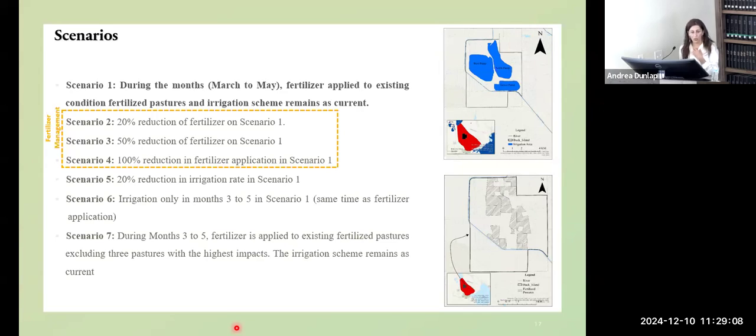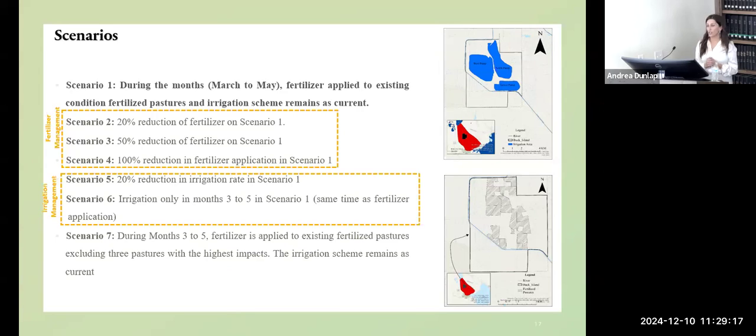The second category is irrigation management, where we wanted to see the impact of irrigation on the whole system. First, we reduced the irrigation amount to 20%, and then we had irrigation only for the months of March to May, the same as scenario 1,